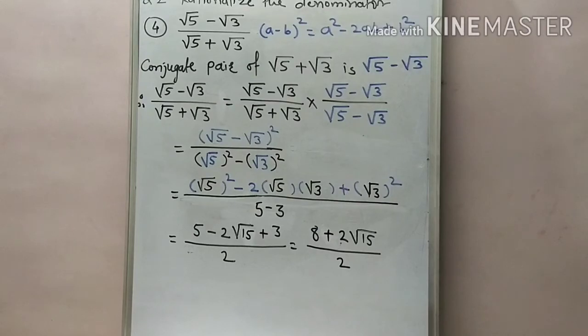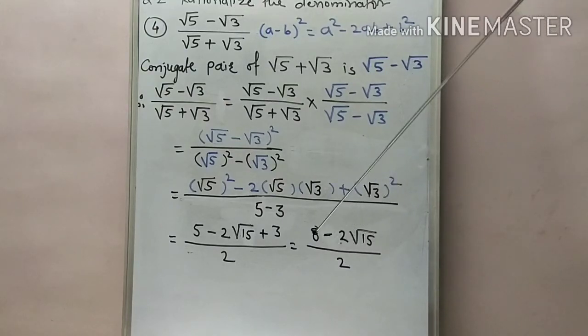Sorry, here it is not plus, it is minus 2 root 15 as it is. Okay, because we do the addition of only rational numbers, and 2 root 15 is an irrational number, so we keep it as it is with the sign as a minus. Okay, so one number is rational, 8, and 2 root 15 is irrational, so the subtraction is again irrational, and here in the denominator we get the rational number 2, means we rationalize the denominator.